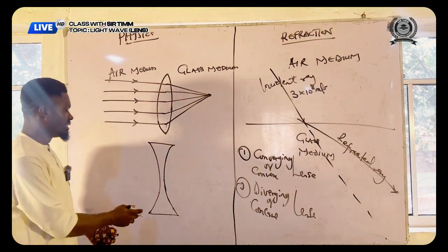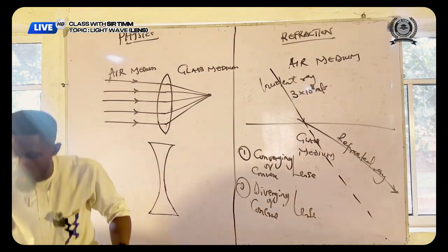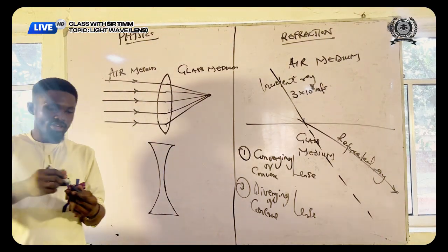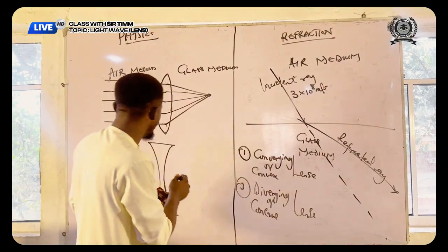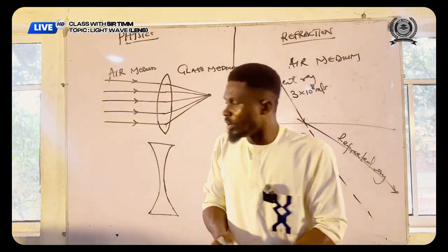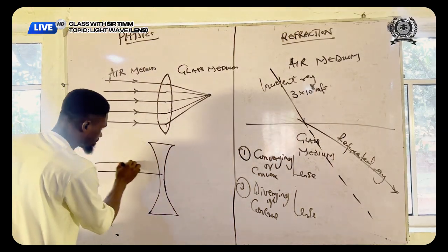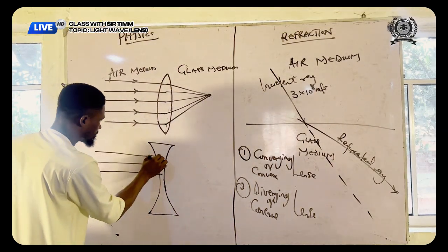So this is our concave lens. When you look at this guy, the reflecting surface looks what? Concave in nature. Am I communicating? But as soon as light begins to fall on this guy from air, all right,